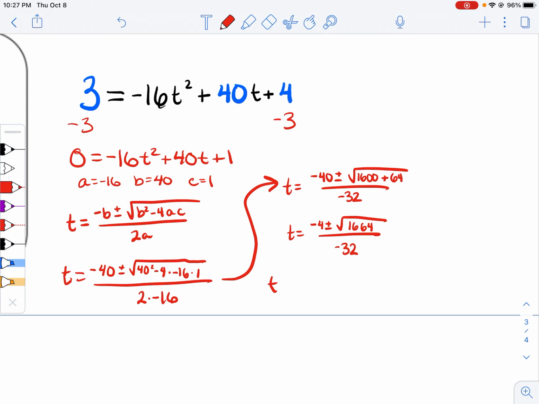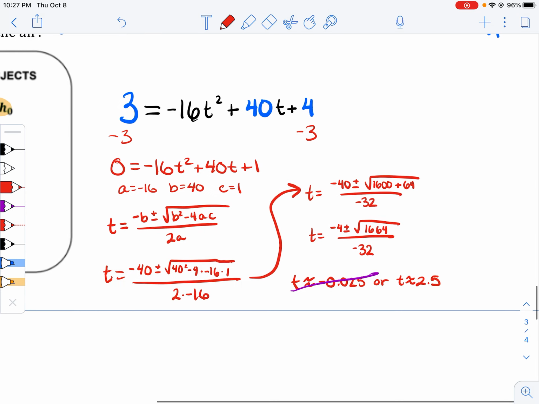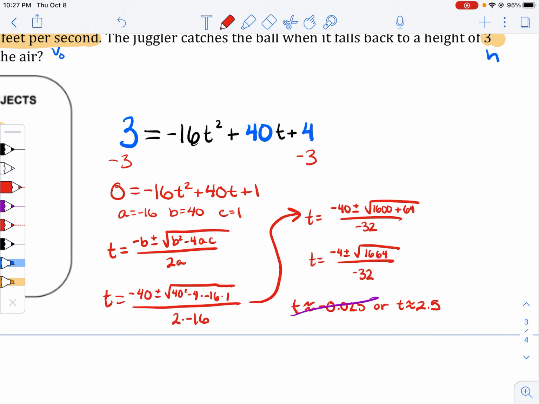So you're going to get that t is approximately negative 0.025, or t is approximately 2.5. You want to throw one of these away because one of them doesn't make sense, and that would be the negative one because you can't have a negative time. So that means that the ball was in the air for about 2.5 seconds. So that's our final answer here. I didn't really leave myself any room, so let's put it up here. The ball is in the air for about